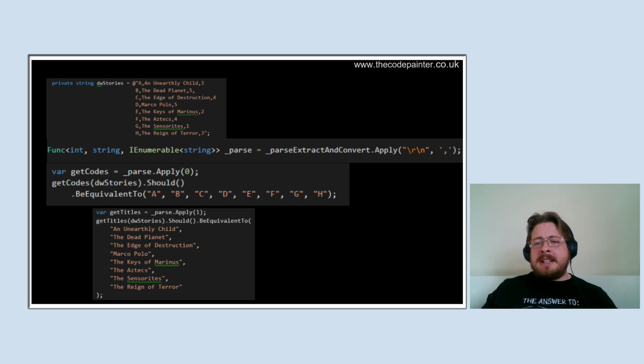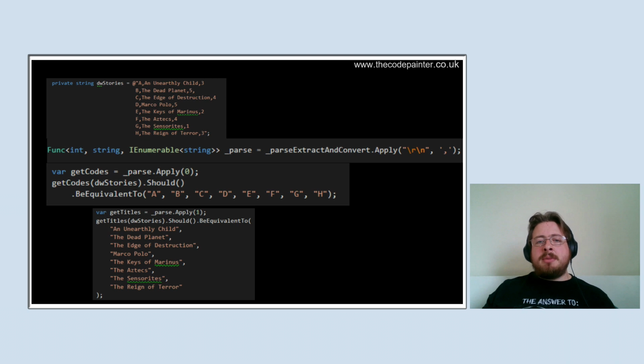So use an extension method, which I will explain in a moment, called apply. With apply, I am taking the whole thing with 4 parameters, and I'm applying 2 parameters to it. I'm passing a new line and a comma. So that will get me a parse function, and the parse function is something that will take any string and a field, and it will split that entire string based on new line, and then split on fields based on comma, which is not unusual for a CSV. Then I could create a couple of different functions out of that. I could pass a 0 into the function that's come back out of that, the parse function,